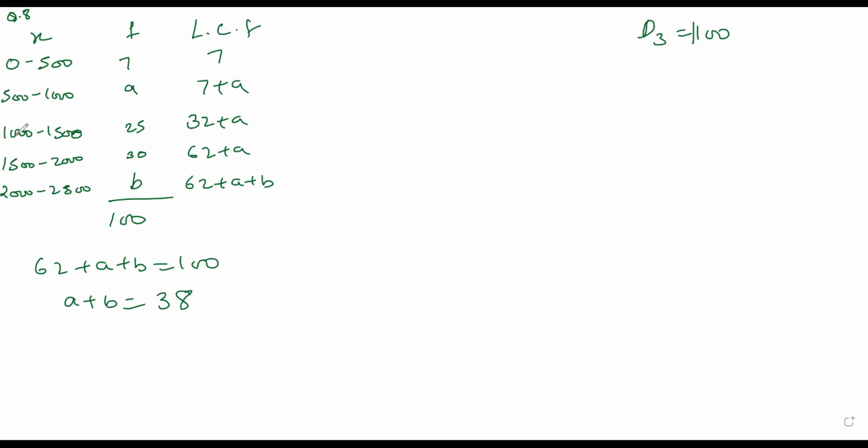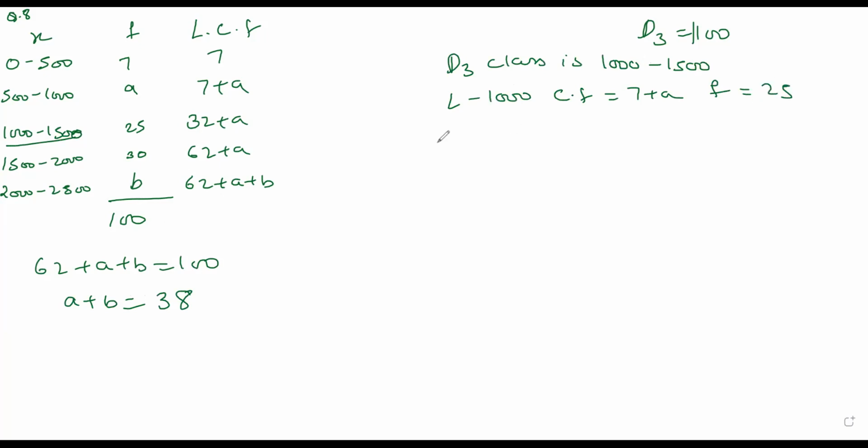D3 is given as 1100. So obviously this is the D3 class. So the D3 class is 1000 to 1500. L is 1000. CF is 7 plus A. F is 25. I is 500. So 1100 is equal to 1000 plus. Now D3 will lie in